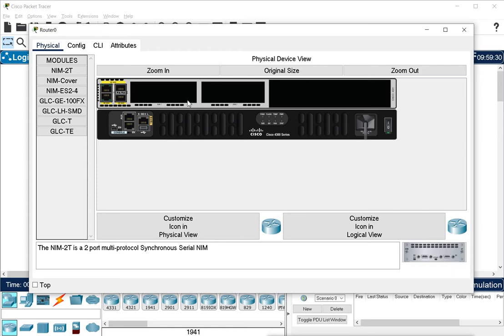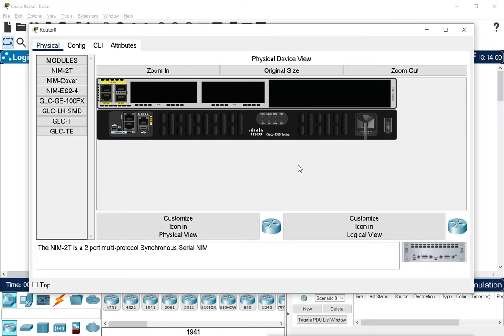But the modular routers have modules where we can add extra interfaces. So these are the modules we have. We can add some extra things here. But it has some fixed ports also, like these here. We can see they are gigabit ports, and these are fixed, which we cannot change. They are already there. But we also have the option to put in modules.